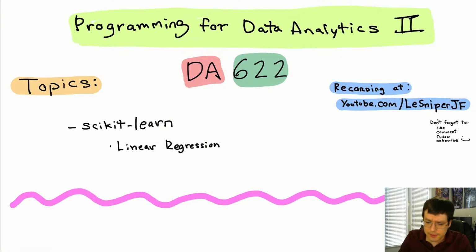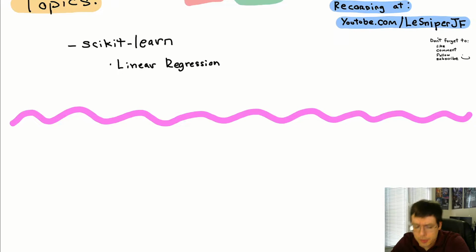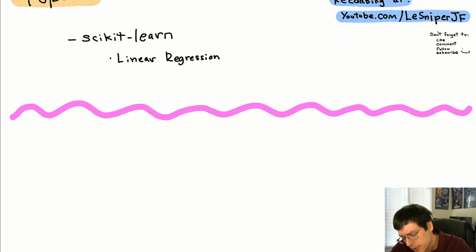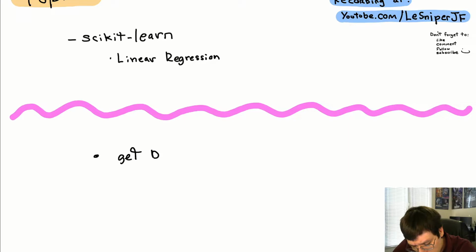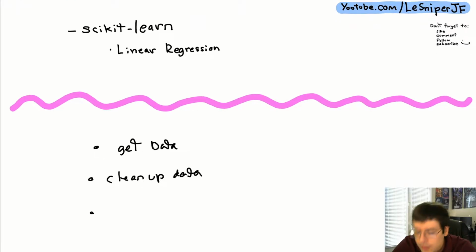Just to make sure that we remember, the machine learning process, which will apply not just to linear regression but to a lot of the ones we're going to do, is: first you get the data, clean up that data, I suppose, decide what your features